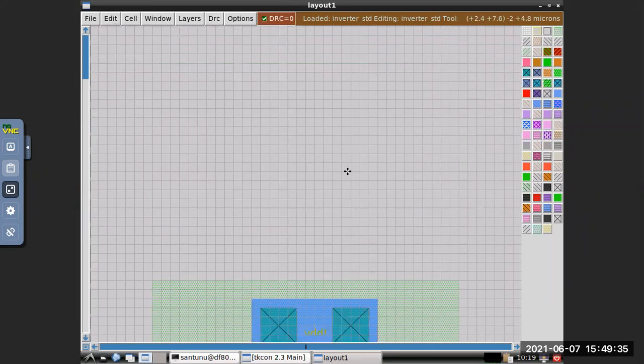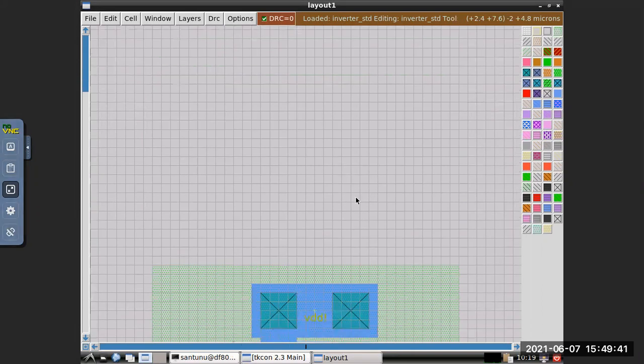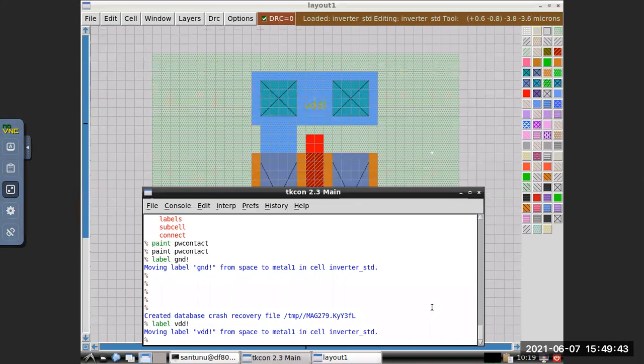So no, in the command part. Oh, command. Okay. So what do you want? Do you want to put contacts in the VDD? No, sir. I had done, but that labeling part I didn't. Label, label. Yes, sir. Then slash right VDD. Completed.